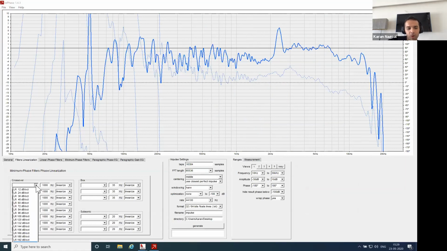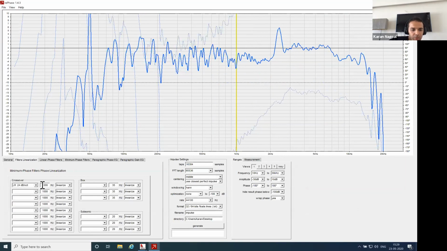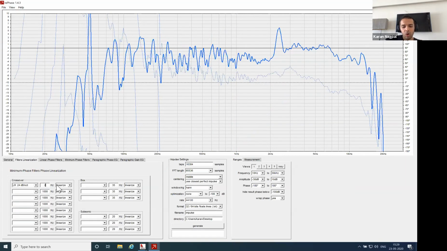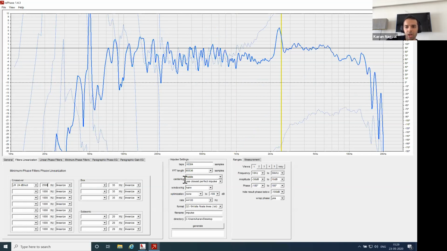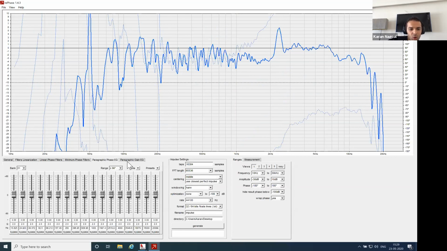Rephase needs to be told. So say I've used Linkwitz-Riley 24 dB per octave, and my crossover frequency is say 2500. It's going to tell it that this yellow line is our crossover frequency.